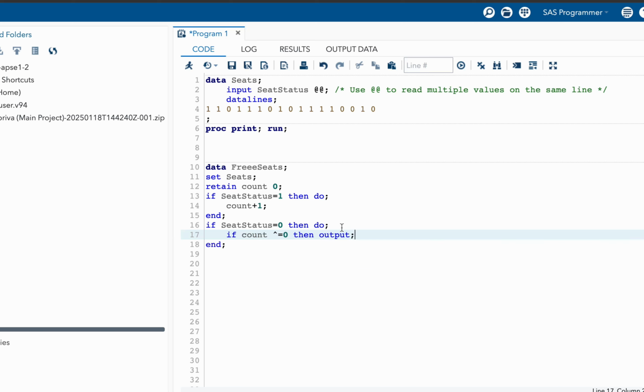That means when we have some count and we are on the 0 value, that means if the number of 1s before this 0 is 2, then count is 2 and this count is not equal to 0, and also our iteration is on the 0 value. So on this instance we are outputting our data, and after output we are also making this count 0.